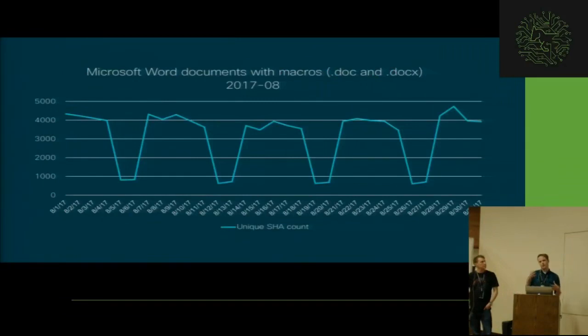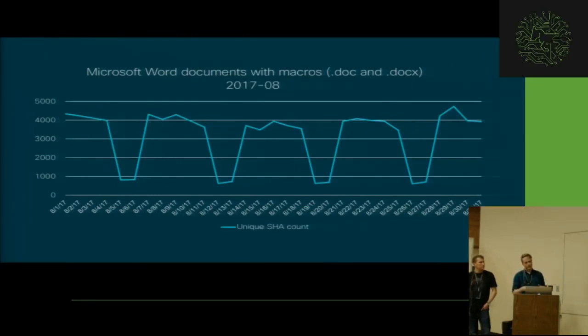So the rest of the talk now focuses on malicious macros and how we can better classify them from a threat intelligence perspective. So the data set that I worked on for this project was from the month of August. And what we're looking at here is a count of unique SHAs, so unique files that were Microsoft Word documents, so .doc or .docx. So Excel I kind of excluded from this data set. And these are the number of unique ones that customers send us to get a verdict on. And these are the number that get to the sandbox, which is kind of the end of a long chain of services that could give a verdict.